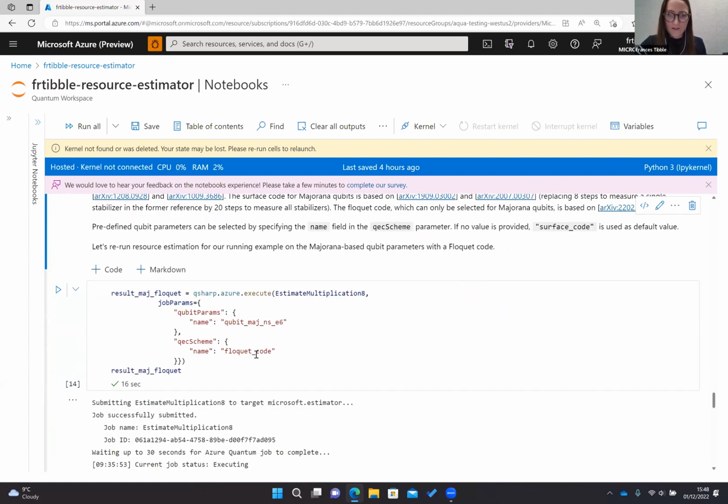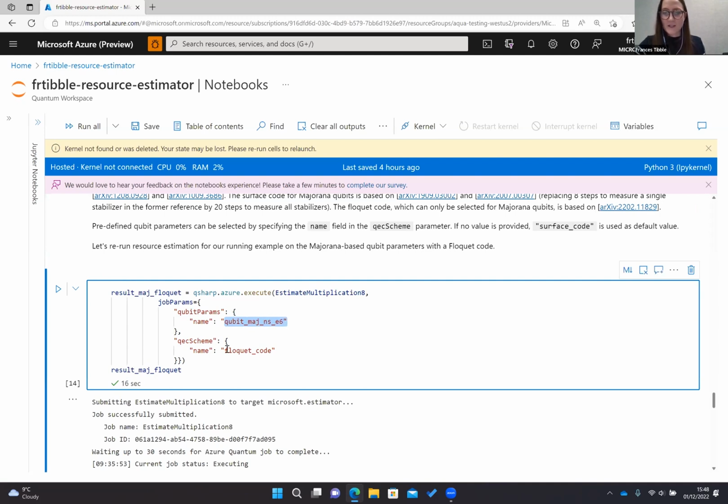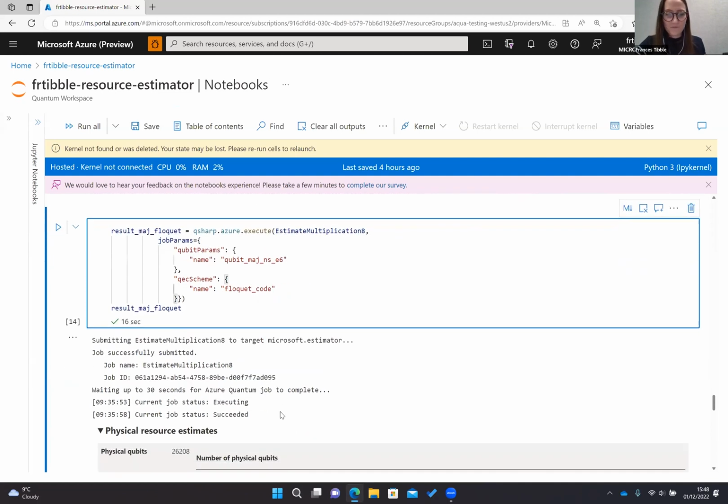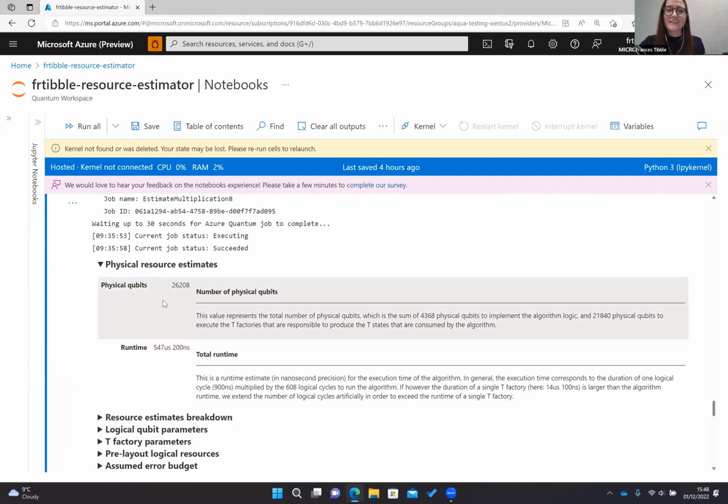And so the grand reveal is, if I run that same program using these Majorana qubit parameters and a quantum error correction scheme that is the Floquet code, and then run that again, what we'll see here is the physical qubits are now 26,208 as an estimate, and the runtime is now 547 microseconds as an estimate, which I think is about 40 times less, and I think this was maybe 6 times faster, if I've got the numbers right, again, as an estimate.